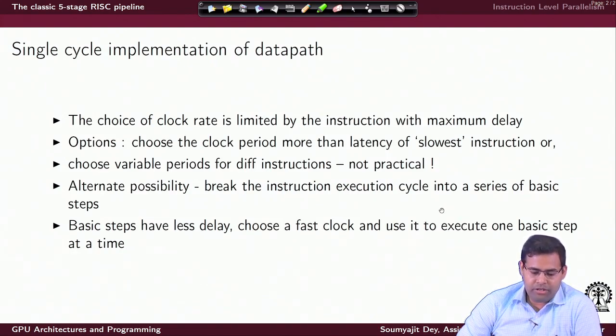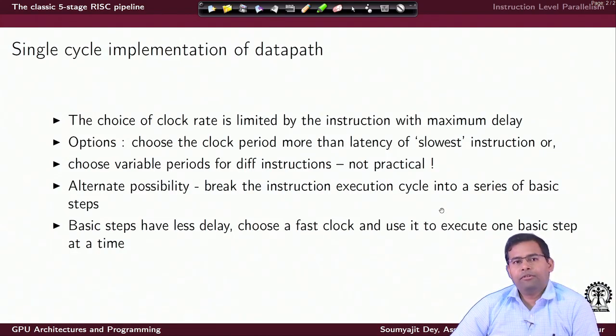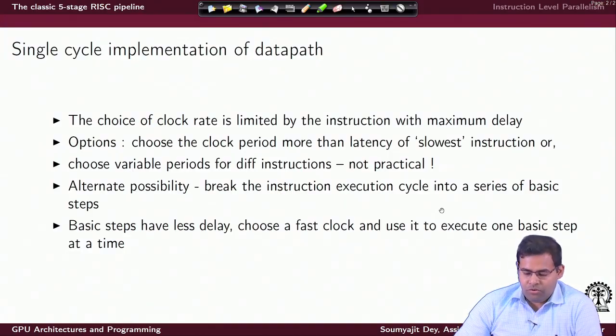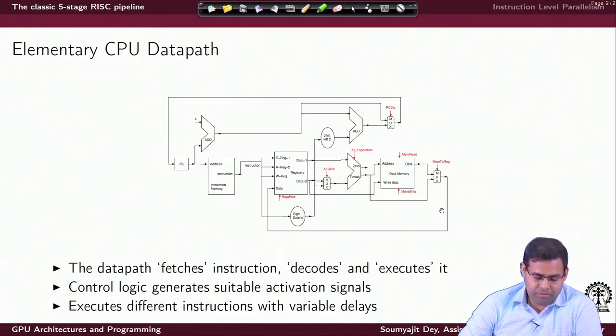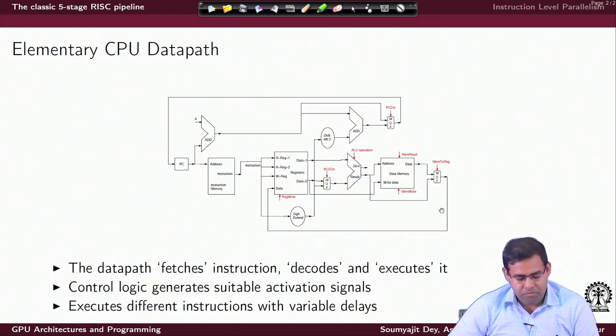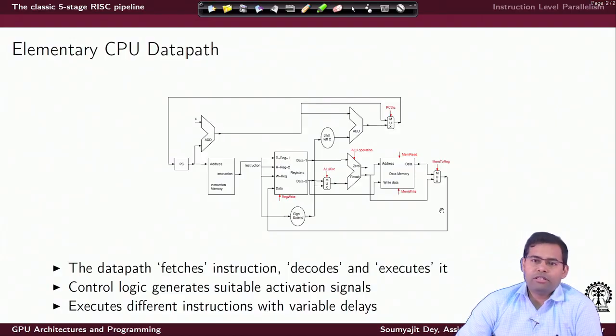As we have discussed earlier, in RISC the philosophy is that every instruction executes in a single cycle. Why is that a good thing? Let us note the important thing that even for RISC style instructions, each instruction may have a different timing delay when the functionality is implemented in hardware. That is why we can say that instructions execute with variable delays in a CPU data path.